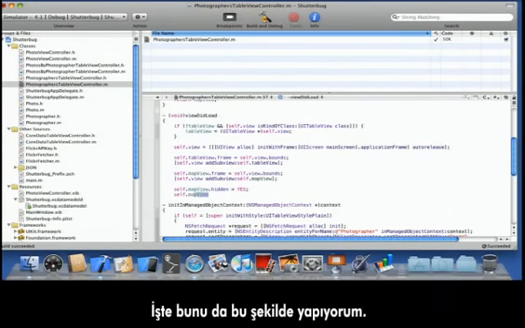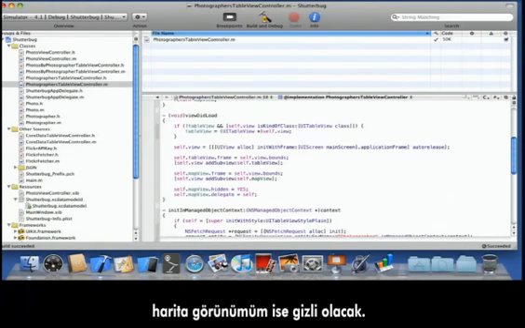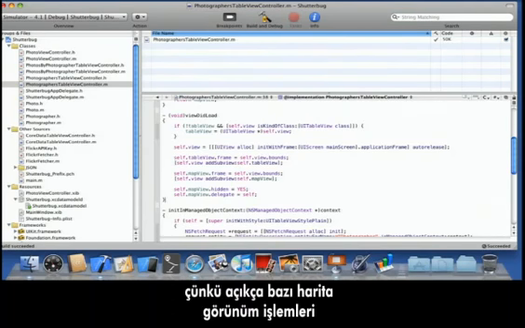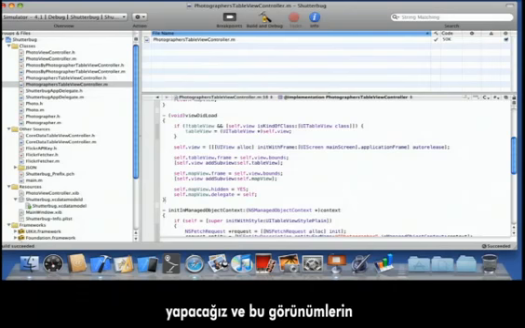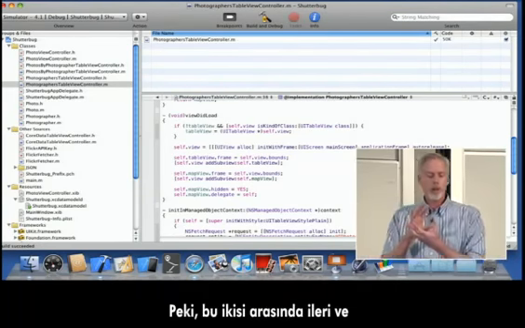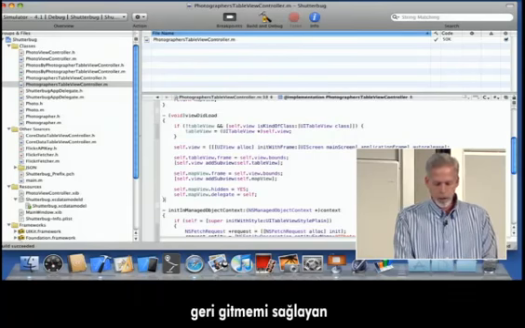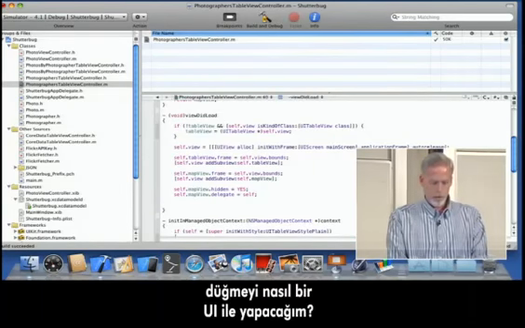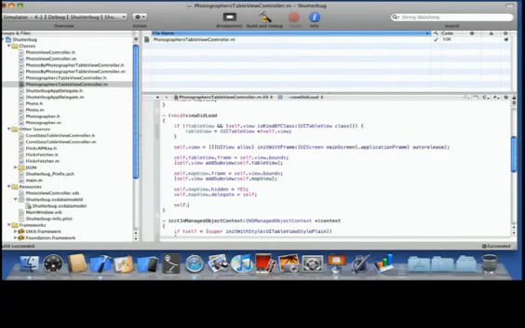And the last thing I want to do is set my map view's delegate to be myself. Okay, because we're going to be doing some map view things. Obviously, I want my map view's delegate to do the right thing. Okay, so how am I going to build a UI to have this button that switches back and forth between these two things? Well, what I'm going to do is in my viewDidLoad, I'm going to say